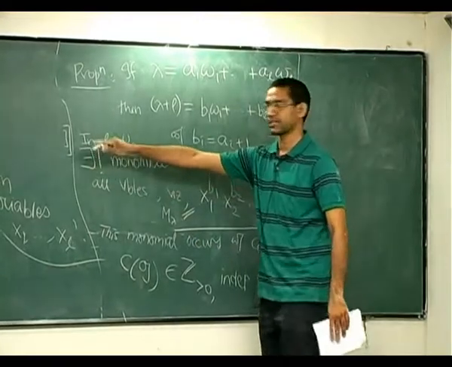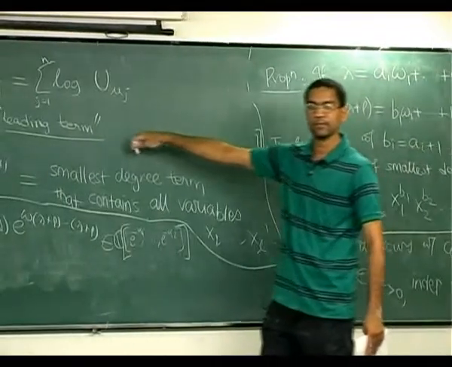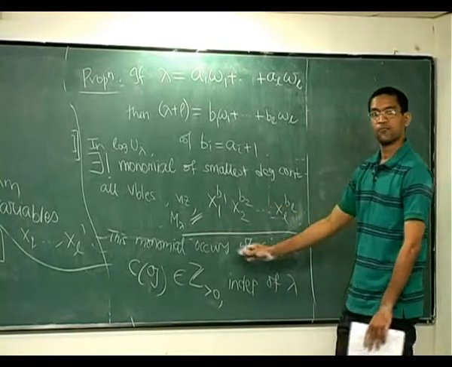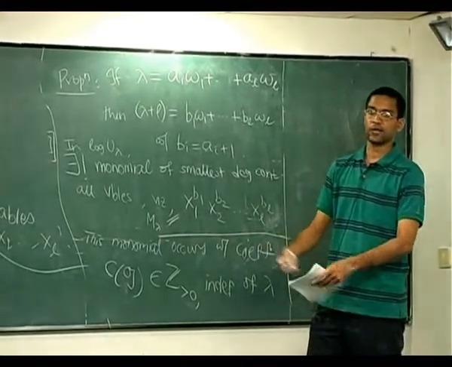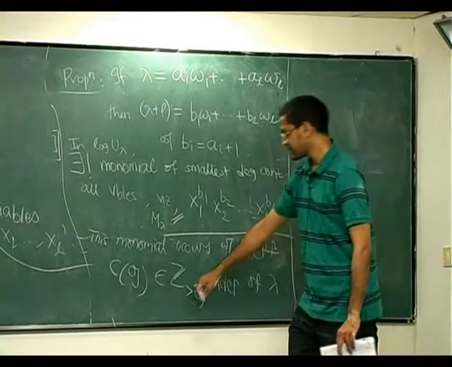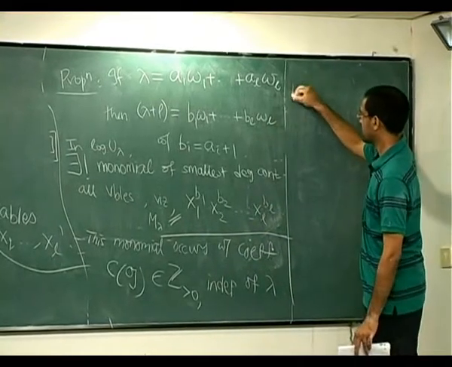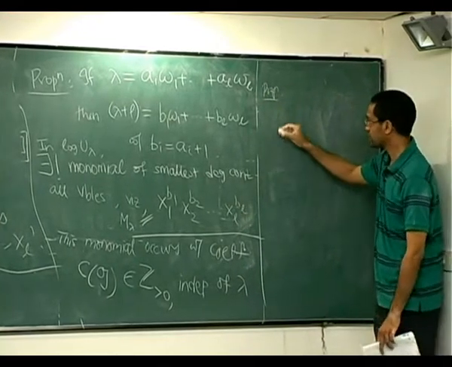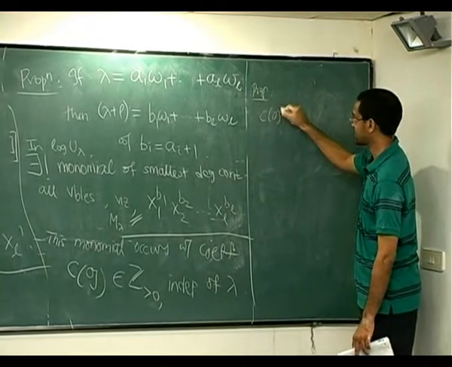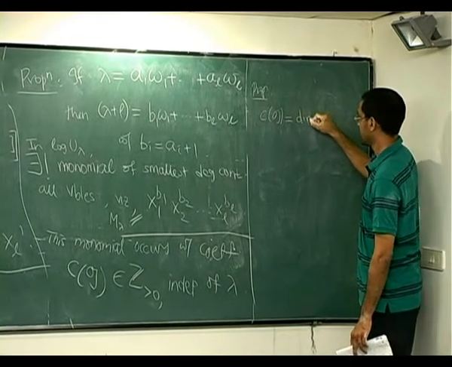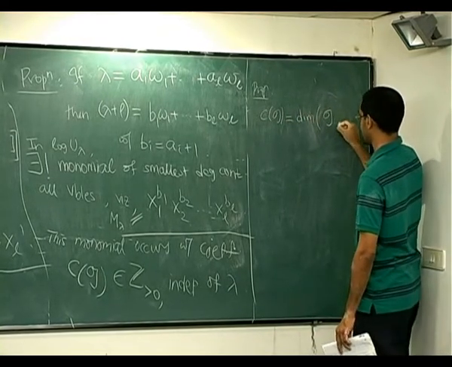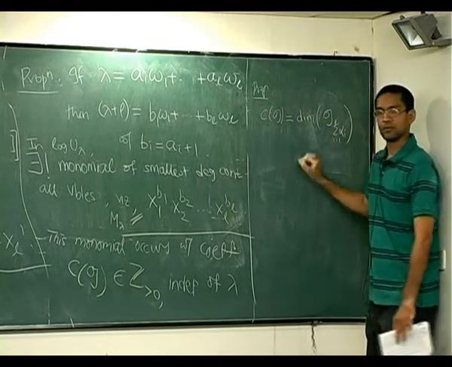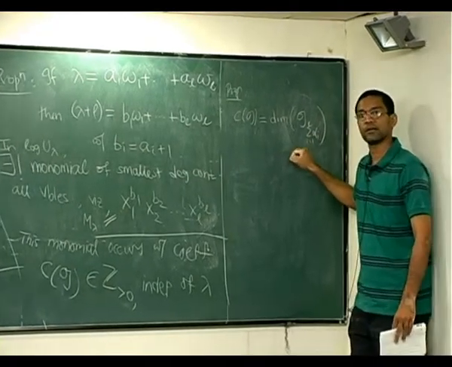When you do it, the key step is of course to find the leading term, which is given by this proposition, which says that the leading term is independent of lambda and only depends on the Lie algebra you start with. And it's always a positive integer. Coming to the question of whether it can be computed, it has a nice interpretation. This is actually the dimension of a certain root space,